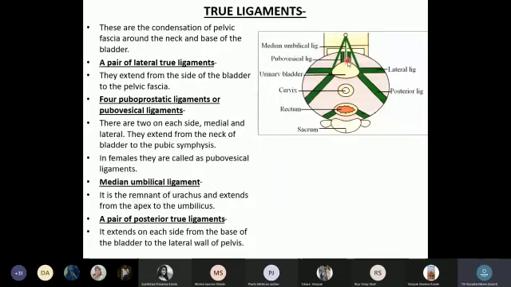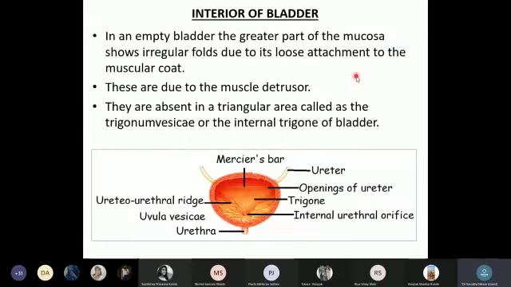When we open the interior of the urinary bladder, you will get a very translucent, smooth colored triangular area in the posterior part, and that is called the trigone of urinary bladder. If you see through cystoscopy, these are the two ureteric openings here. They will run inside like this, and you can see this is the upper margin. These are the two lateral margins, and this is the apex. So this is called the base of the triangle. This is called the apex of the triangle.